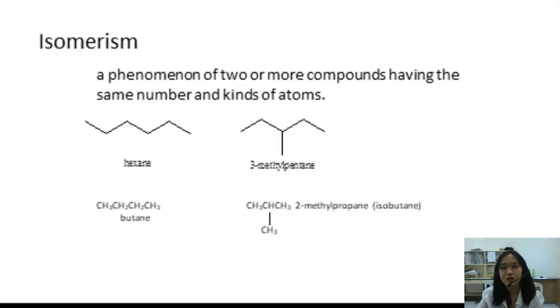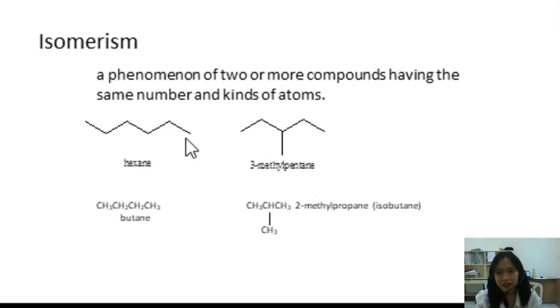Okay, so isomerism, a phenomenon of two or more compounds having the same number and kinds of atoms. So, this is the definition of your isomerism. Meaning, there are two or more compounds having the same number and kinds of atoms. Meaning, meron siyang equal na numbers ng atoms and pareho din yung types of atoms or kinds. So, example natin dito, you have the hexane and the